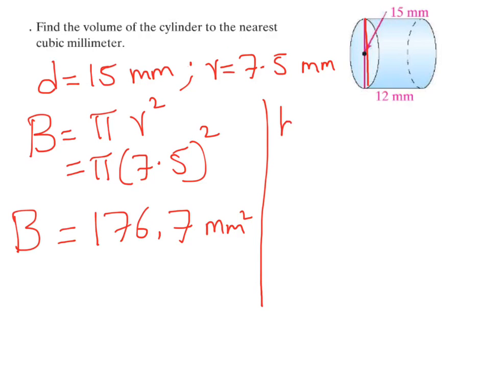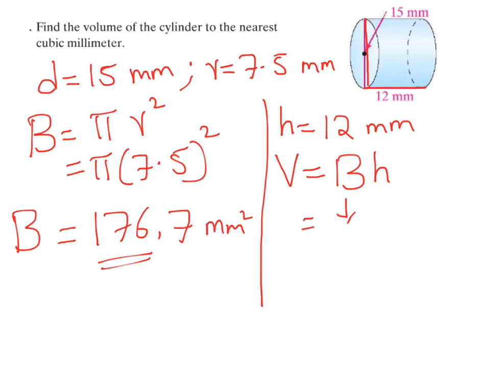What is the height of the prism? The height of the cylinder? 12 mm, the distance between the two bases. And what is the formula to find the volume of a cylinder? BH. And we found out B to be 176.7